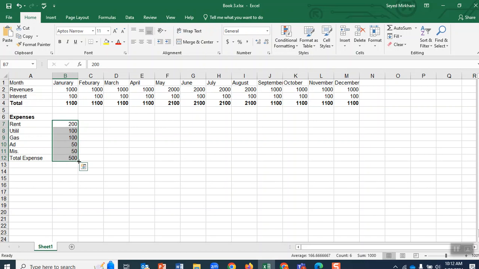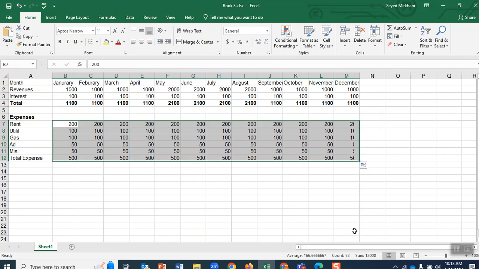I bring the arrow to the very corner. Do you see when I bring the arrow to the very corner, the color of this plus sign changes to a solid sign. And then I hold on to the right mouse button, and I copy it all the way through. Do you see? These are all the expenses